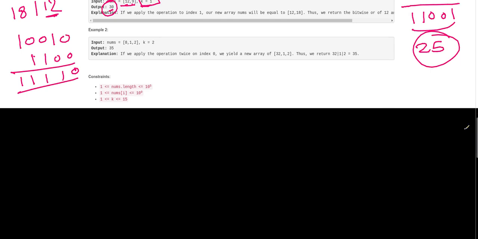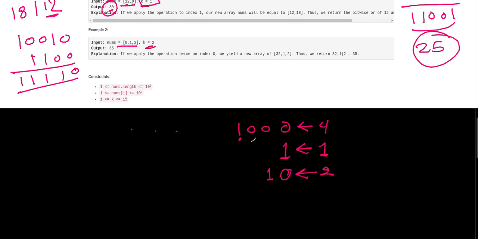Now the first thing to notice is if we have numbers and look at their binary representations, for example here we have 8, whose binary representation is 1, 0, 0, 0, 1 is 1, and 2 is 1, 0. Now k equal to 1. You see the number of bits here is 1, 2, 3, 4, here it's 1, and here there are 2 bits, so it's always better to take the